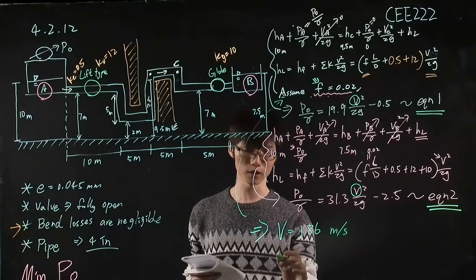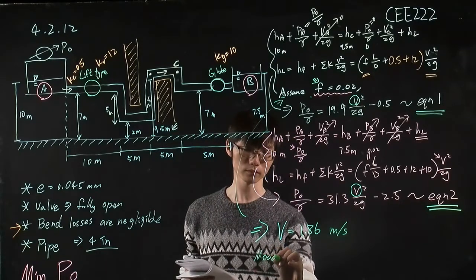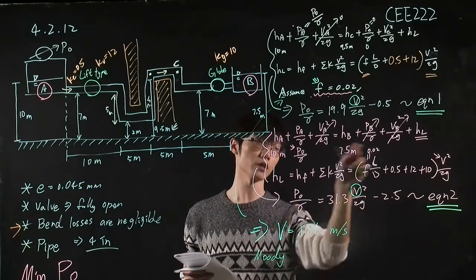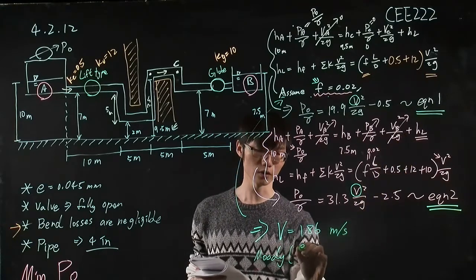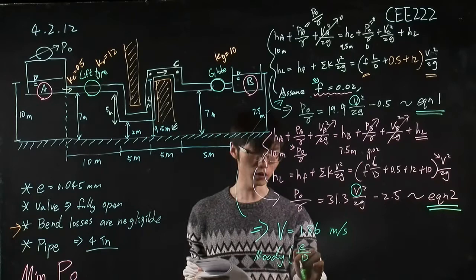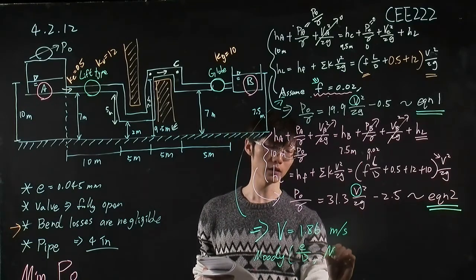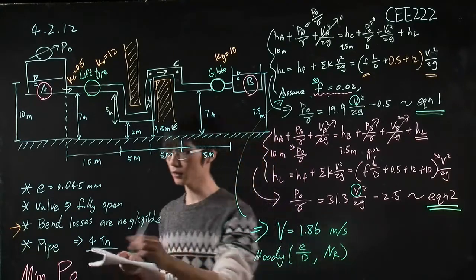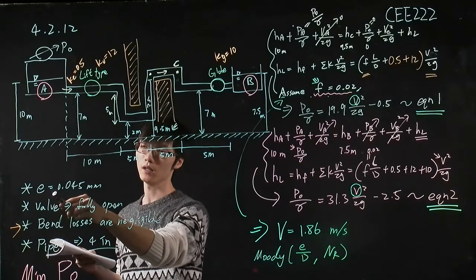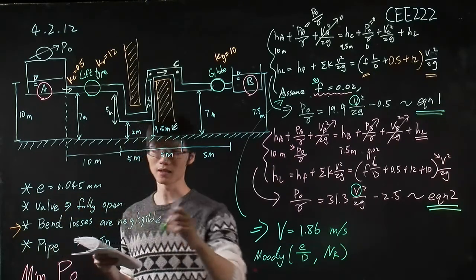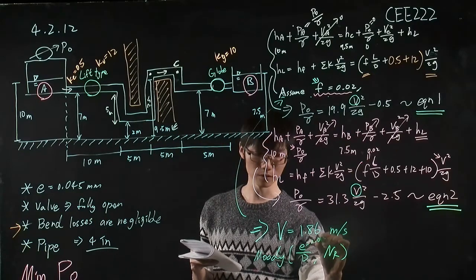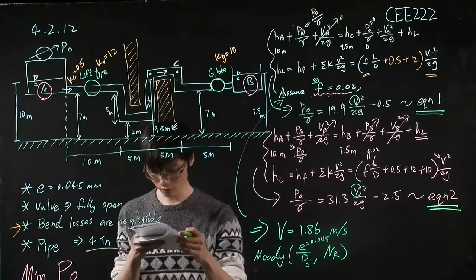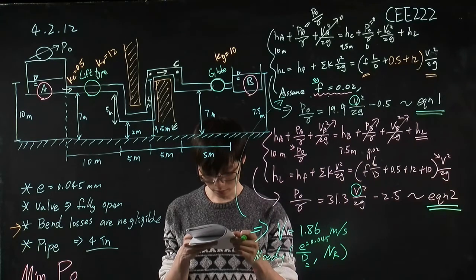And how to do that? We will need to use a Moody diagram to find out the f using the velocity that we solved using equation 1 and equation 2. So to use the Moody diagram, we need this term and the Reynolds number. The problem tells us that the relative roughness E is equal to 0.045, and the diameter of this pipe is equal to 4 inch,